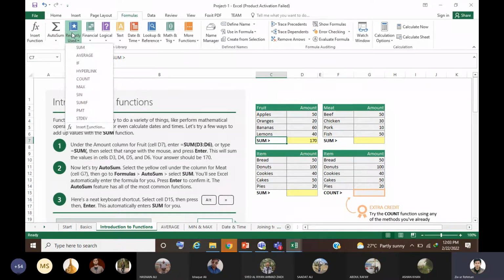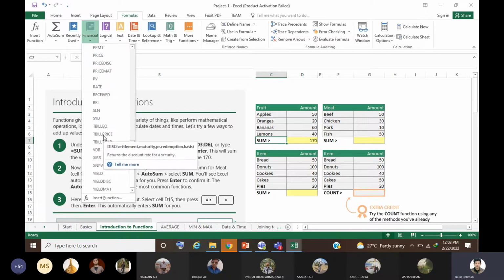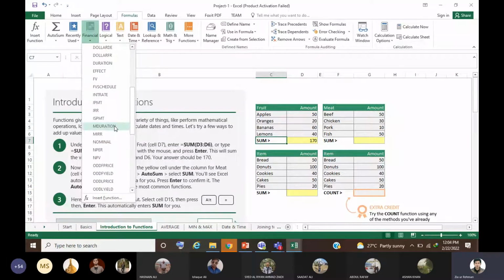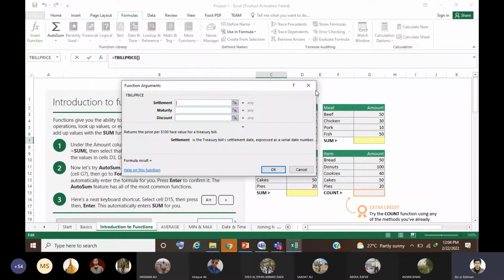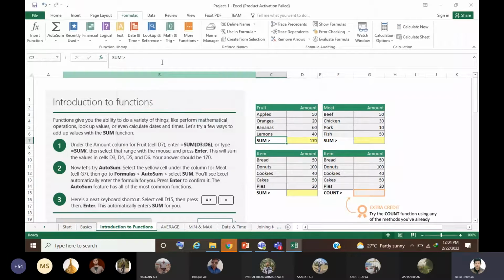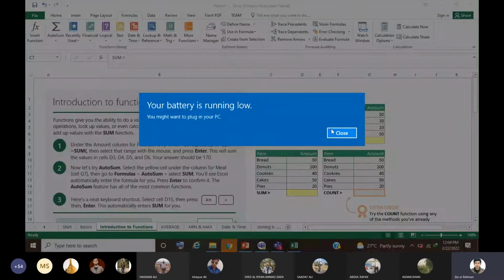Then this gives you the recently used functions. Whatever function you have recently used would come here. Then there are financial functions. Obviously they are linked with when you are doing financial analysis. Related to the financial analysis, there are different functions given. So now instead of formulas, there are different functions given in the financial set that could be used directly. Then there are logical statements like if and else statement, if error statement, not, and, or statement, true statement. So you could also use these logical statements here.